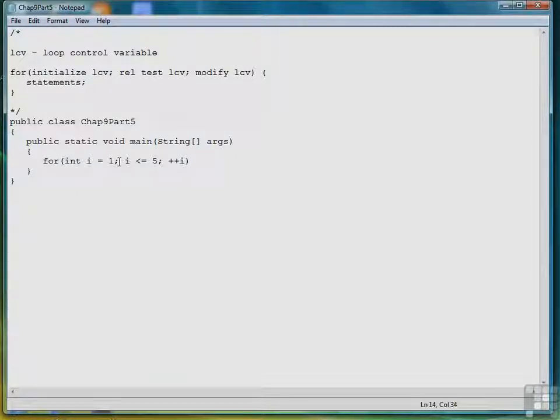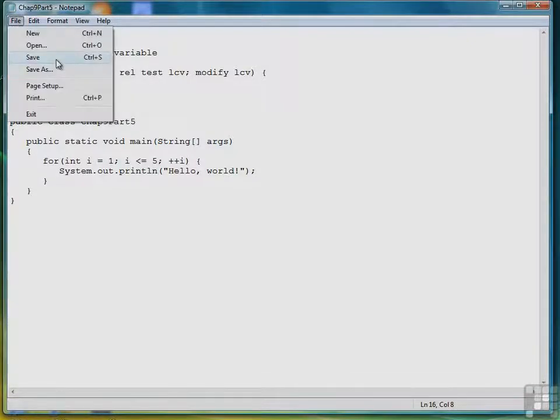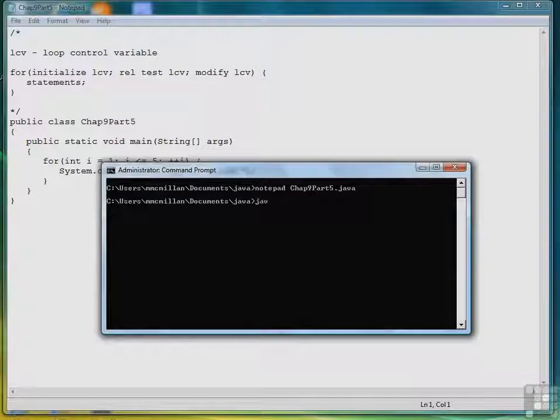So notice how compact the for loop is. We get most of our work done in these 3 very simple statements. Then we open the body, move underneath it, and write System.out.println hello world, and then close the body of the loop. And that's all we have to do. So let's compile and run this program. We'll save it, javac chap 9 part 5.java, and then java chap 9 part 5,